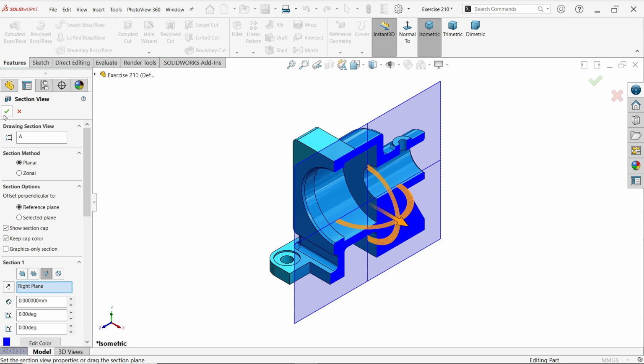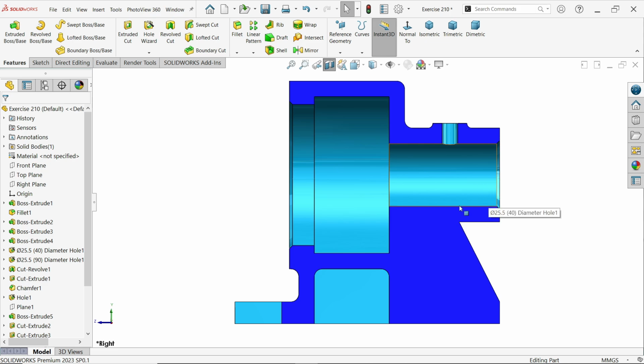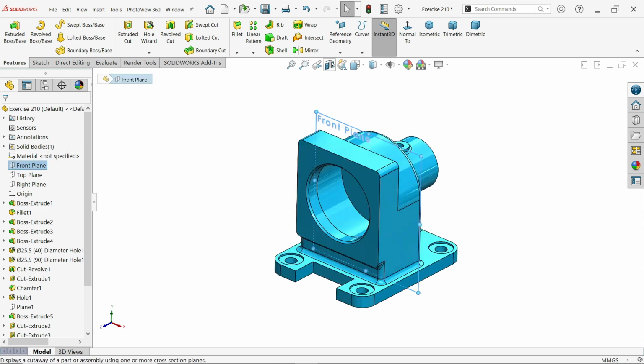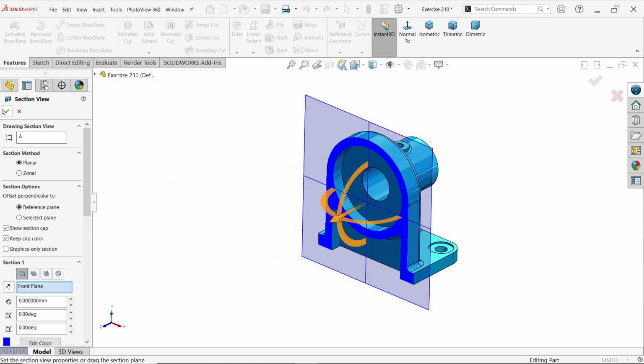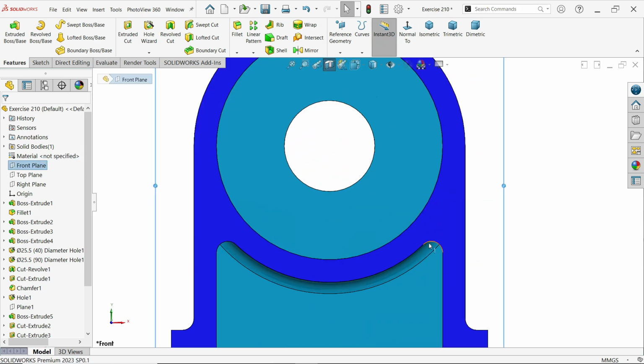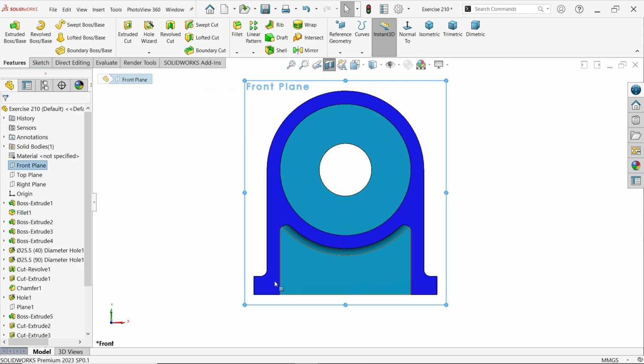Section view, okay, right, normal view. Now according to drawing inside, see, these are fillets. Even these two corners also have fillet, this corner also has fillet, okay. Okay, choose front, normal. Now look, this corner also has fillets, this corner also has fillet,